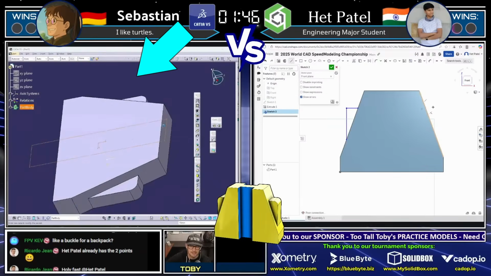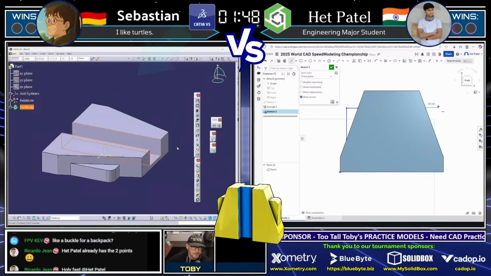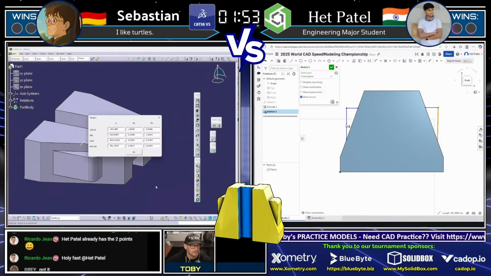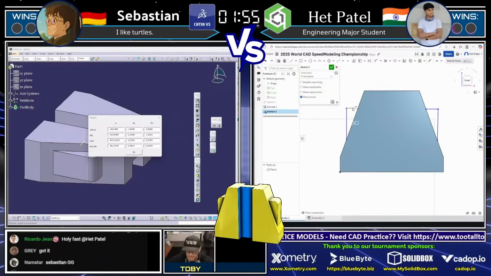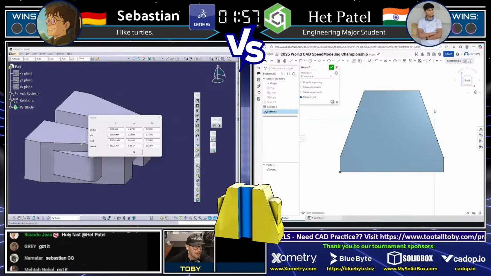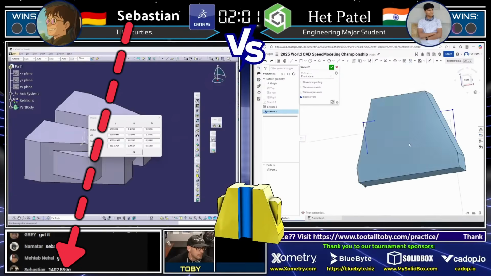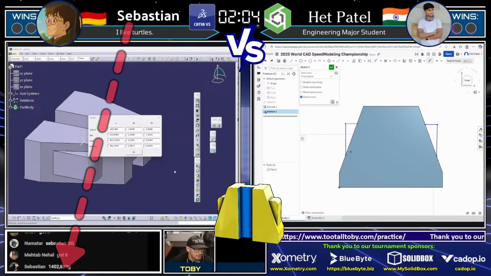Meanwhile, we see that Sebastian decided to extrude the first shape and then add the wings right away. Now he's adding in that groove there. Wow, and look how quickly Sebastian was able to mirror that geometry. And guys, I think we might be seeing an answer coming in here pretty quickly. We're going to be keeping an eye on the chat. And there we see the answer comes in from Sebastian, and that answer is